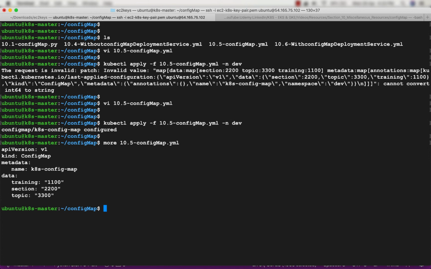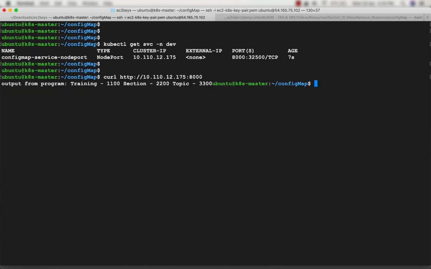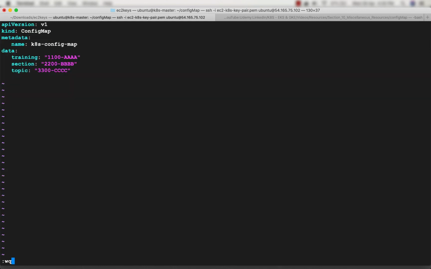That's okay. So I have applied the service file or the deployment file again. Now as you can see, we have changed the values to 1100, 2200 and 3300. So that's how you can use config map to change the values. Let's change it again. So I've changed it to 1100 AA, 2200 BB, and 3300 CC.